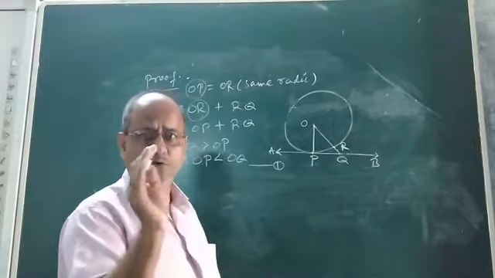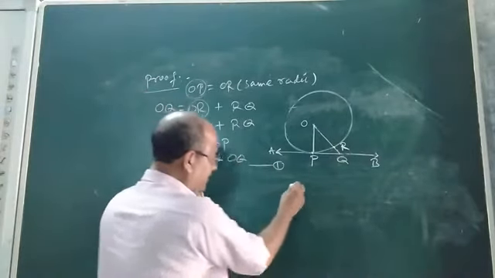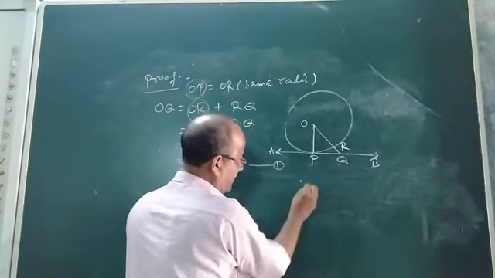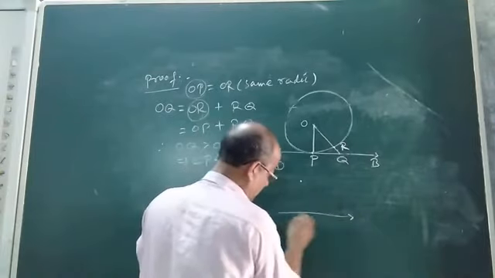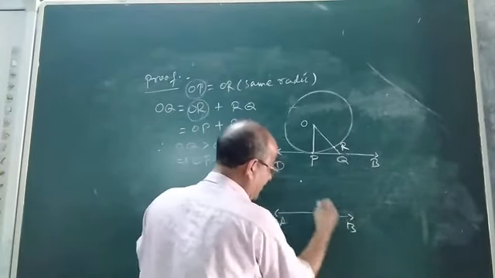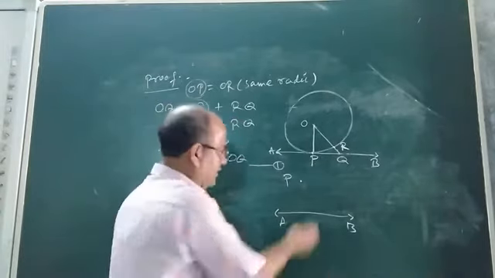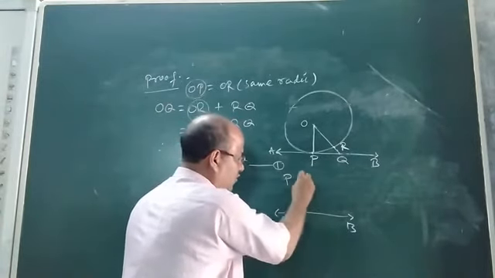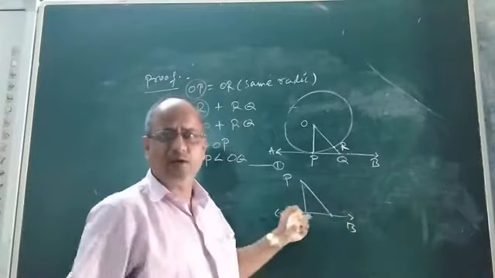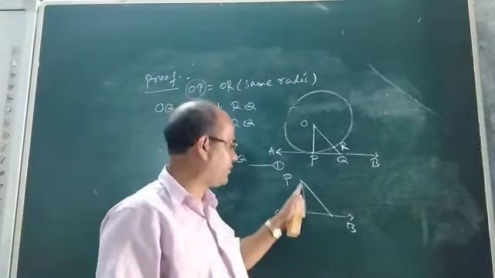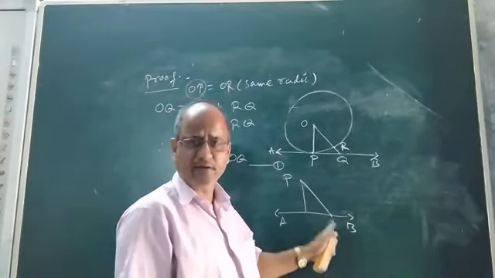What was the theorem? I hope you must have remembered. What was the theorem? See, suppose P is a point and AB is a line. Suppose AB is a line, P is a point. This point does not lie on the line, it is an external point. Now from this point, children, we can draw many lines. We can draw infinitely many lines from an external point to a given line.